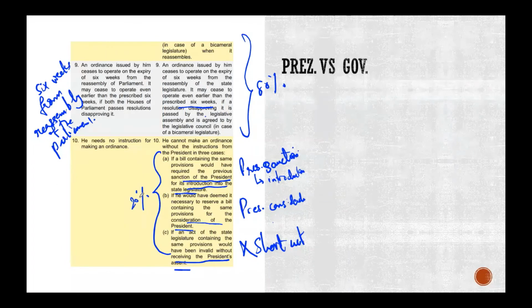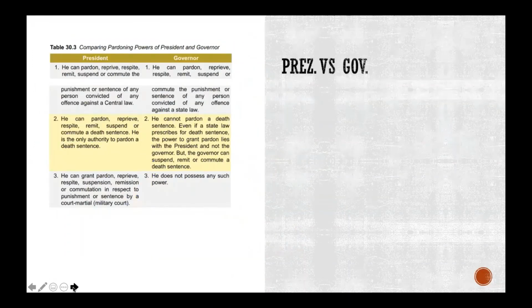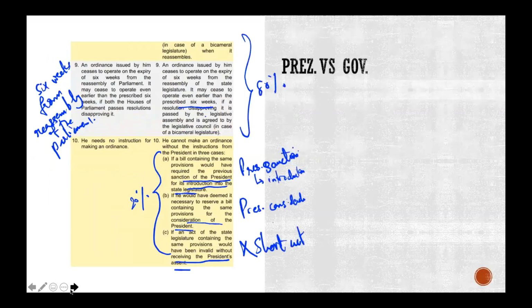Do not get confused. Okay, are they mostly the same? Yes, they are mostly the same. Are there some differences? Yes, there are some differences. And what are the differences regarding? The differences are regarding the role of the president to reserve the bill for the president's consideration, or it could be because certain things would require the president's sanction to introduce it, right? Or it could be the third one, which is it would be invalid without receiving the president's assent.